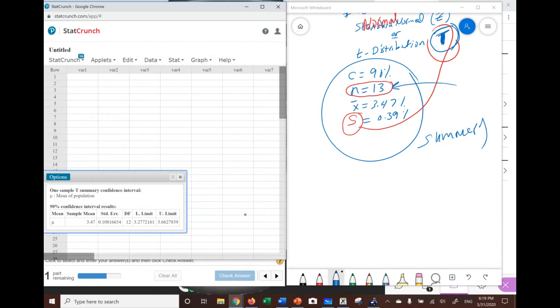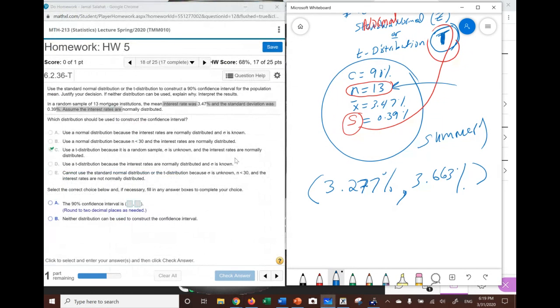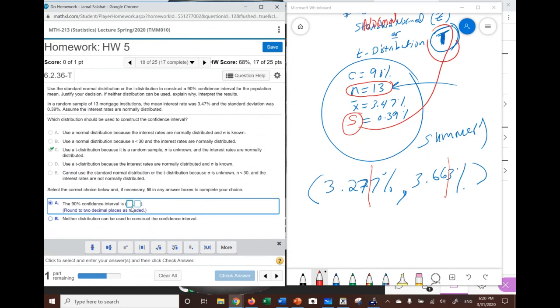When we hit compute, we're going to get those numbers. The numbers we get in here are going to be 3.277, and this will be percent, and 3.662, or 3%. So this tells you that the interest rate can go between those two numbers. And here it says round to 2 decimal places. So when we round to 2 decimal places, we're going to stop here, and we're going to stop here. So when we do the rounding in here, it is going to be 3.27